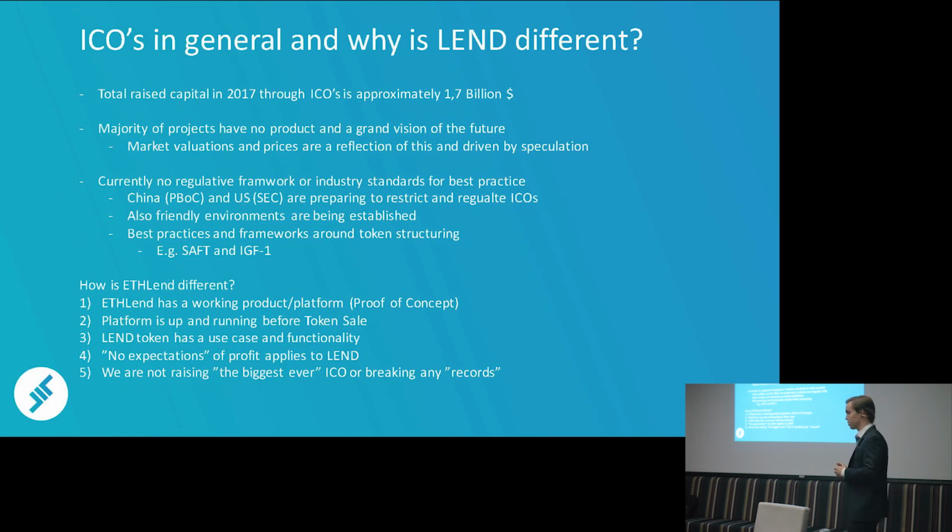And IGFS, it's a similar framework. You can check it out if you want to. But where we are different: working product, platform, proof of concept, up and running. We actually had it up and running before the token sale, and we've been looking at these legal aspects, and